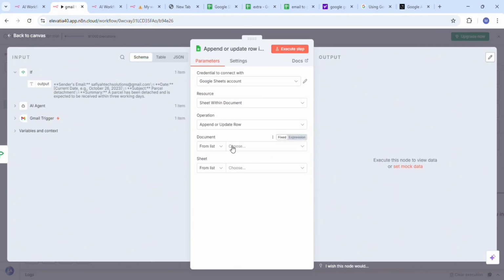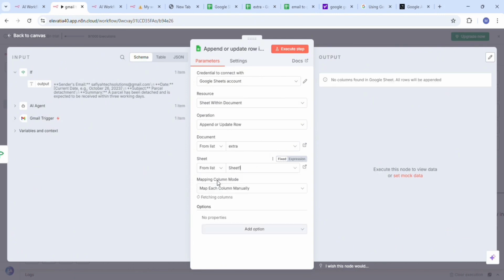So after that I have to choose from the list. If you do it by the URL and by the ID, it's just complicated. So let's just do it by the list. So here's the drop down, and I have the extra sheet here. And with the sheets too, we have only one sheet in there, so we're just gonna select the one sheet. There's no columns in there, and I know that. And so let's just execute and